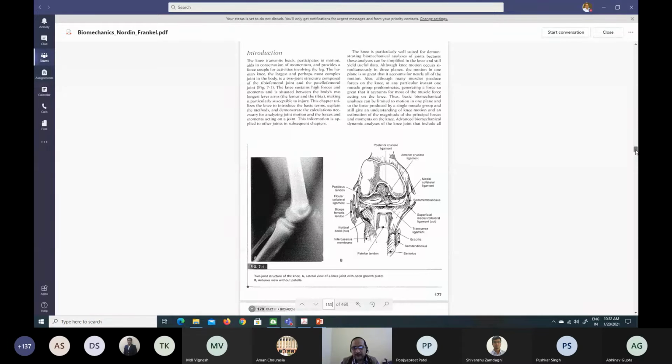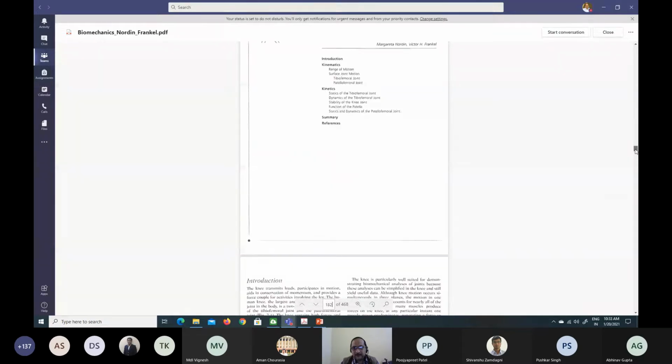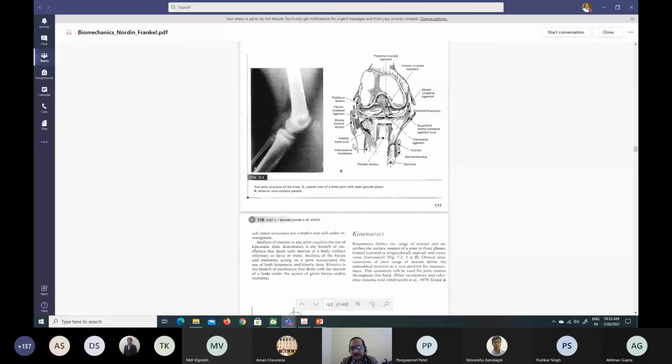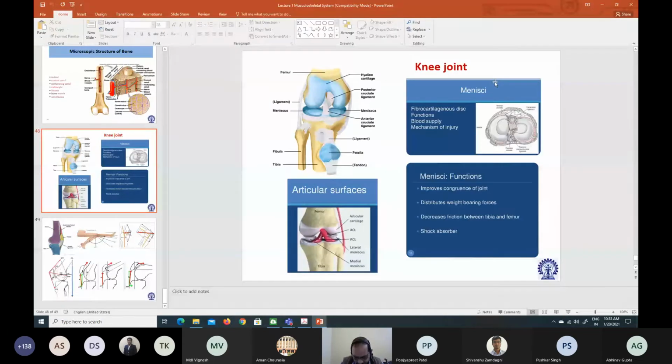So this is typically the structure of the knee joint, as you can see here. You can easily refer to this book and get hold of the structure of the knee joint. Now, the motions of the knee joint are primarily flexion and extension. Okay, but we still have certain specific motions